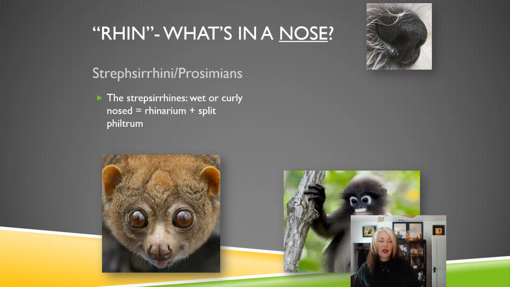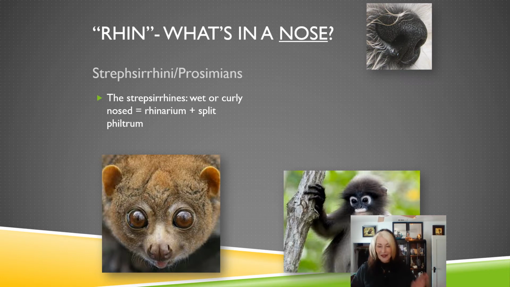Rhinarium. The area below, that goes right below that, down into what you would call your upper lip, is also split. It's V-shaped. Very common in nature. It is a very ancient or ancestral characteristic, sometimes called primitive. And all primitive means is it evolved a long time ago. All right, so the Strepsirhines or prosimians have this much more ancient form of nose, but still the forward-facing eyes